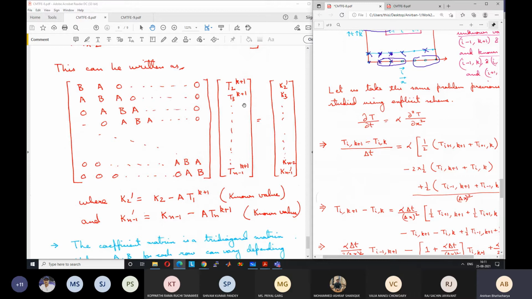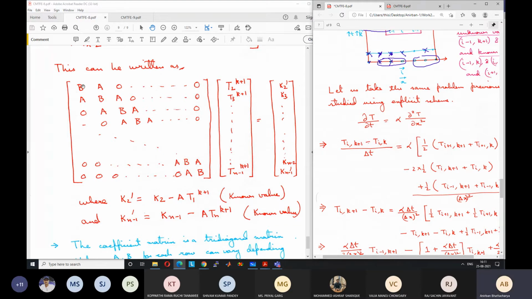So matrix inversion is a numerically time consuming process. Okay, although in MATLAB you can do it in one step, but actual calculation, if you have to do this thousands of times, it will take large amount of time. So there are better methods that have been developed to deal with this type of cases, which take into account some of the properties of this matrix.